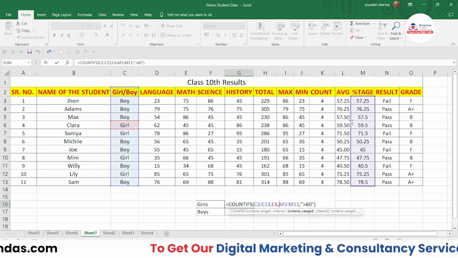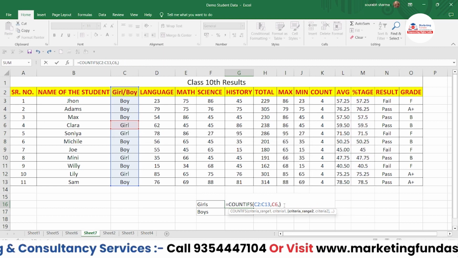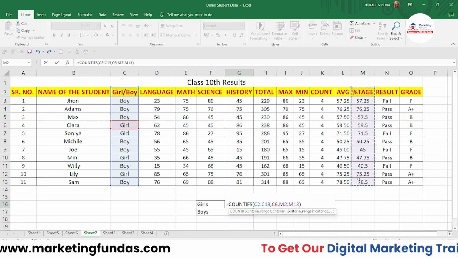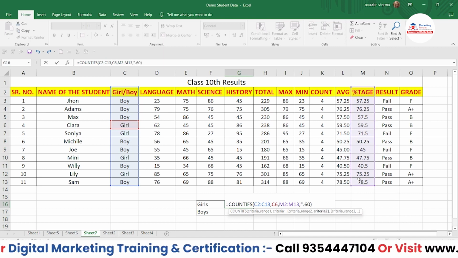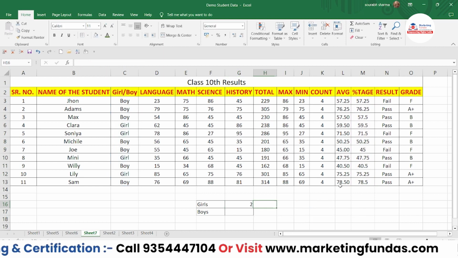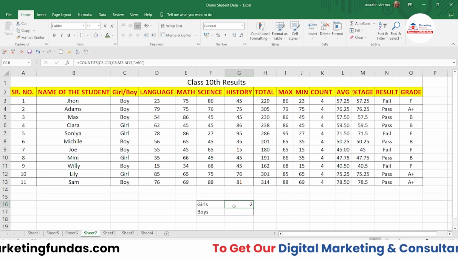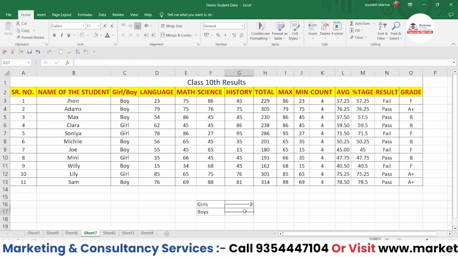oops, we have done something wrong here. Let me just go back. We haven't selected the range properly. We have to select this much, right? Then comma, percentage greater than 60 again. Now it is okay, right? So as you can see, two of the girls got more than 60%,